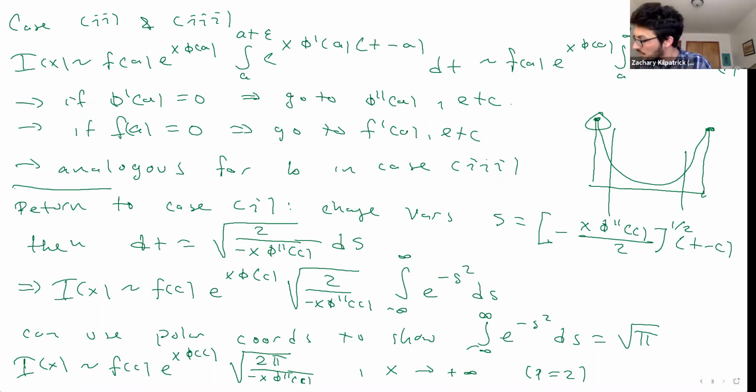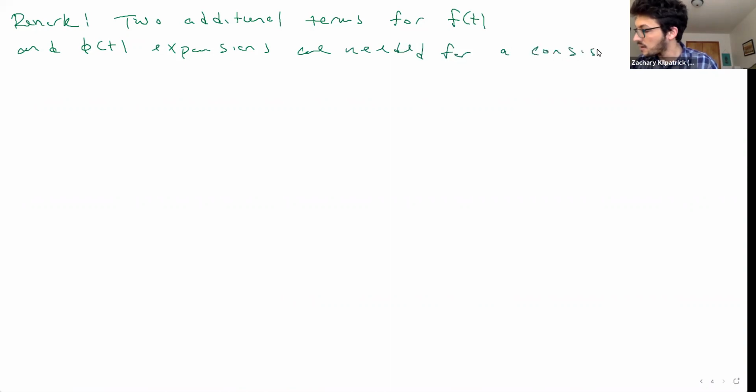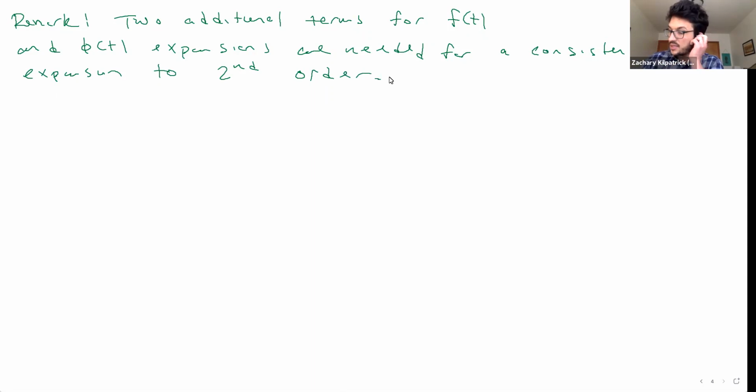So I'll make a remark at this point. Two additional terms for f of t and phi of t expansions are needed for a consistent expansion to second order. Okay, so if you're going out to second order, you want to include f prime and f prime prime in your expansion,